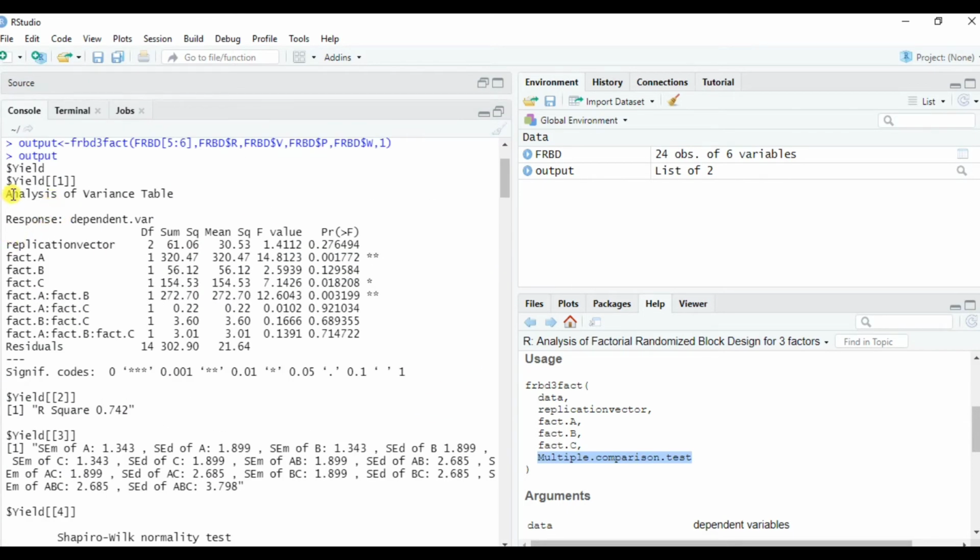Okay, so first thing that is given, first analysis is given for the yield dependent variable. Then here it is given as ANOVA. So we can see that the factor A is significant. Here our factor A was